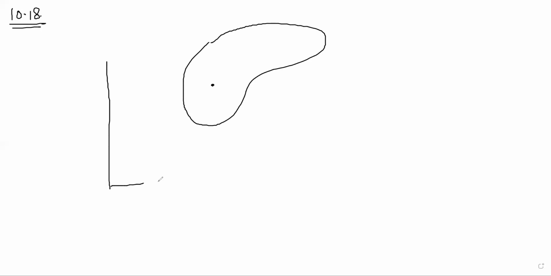10.18, which is kinetic energy of a body in combined rotation and translation, right? That is very important. What he has done is very nice, and he has shown it properly also. So think of a body like this, and there is an origin like this, and this is center of mass. The body is moving with some VCM, and it is also spinning about the center of mass.